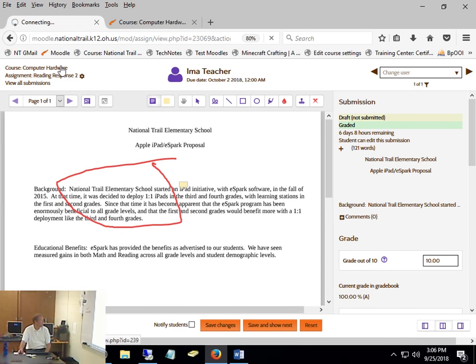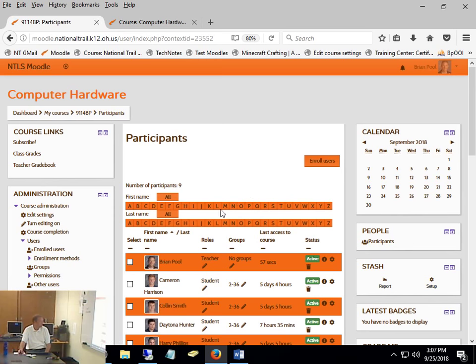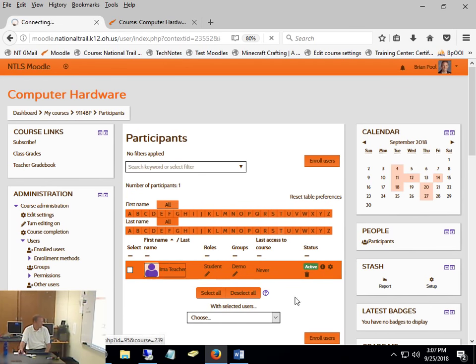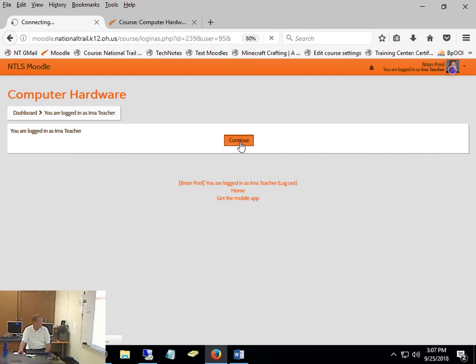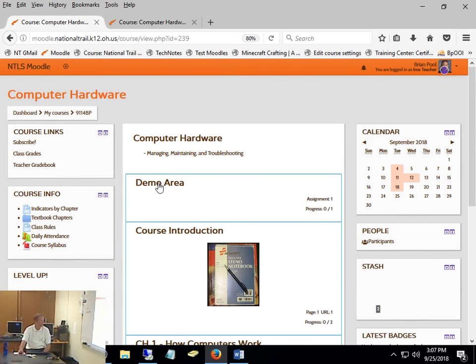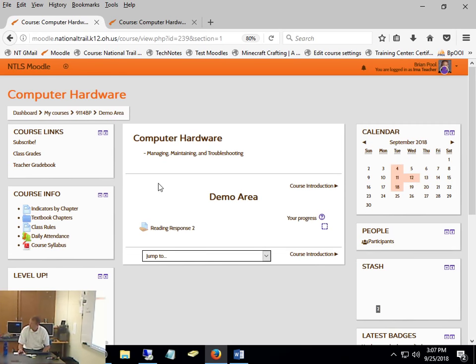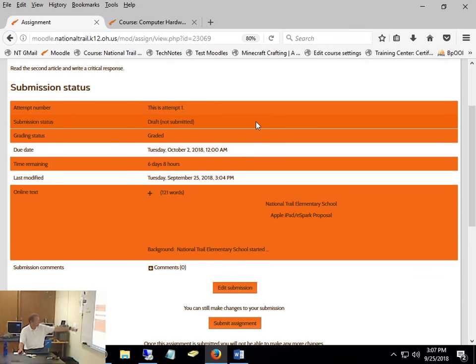Now what they see then, I'm going to become Ima again. I just leveled up. Woohoo! I leveled up a couple kids today when I was playing with this, as a matter of fact, level 5. Okay, so if Ima comes back in, now they see